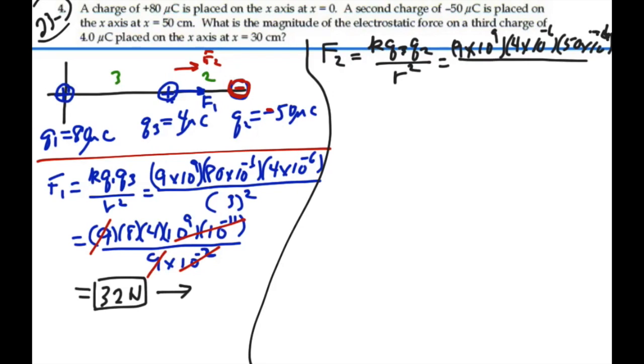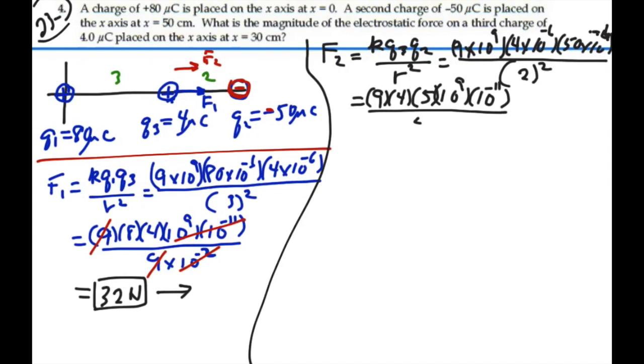Over the distance between them, which is 20 centimeters or 0.2 meters squared. So that is going to be equal to 9 times 4 times 5, 10 to the 9, times 10 to the minus 6 times 10 to the minus 5, which would be 10 to the minus 11, over 4 times 10 to the minus 2,